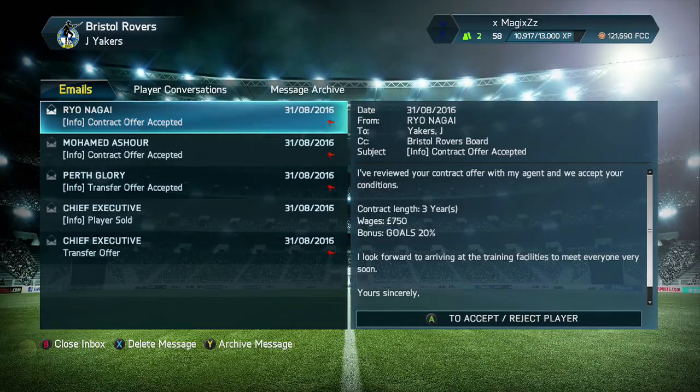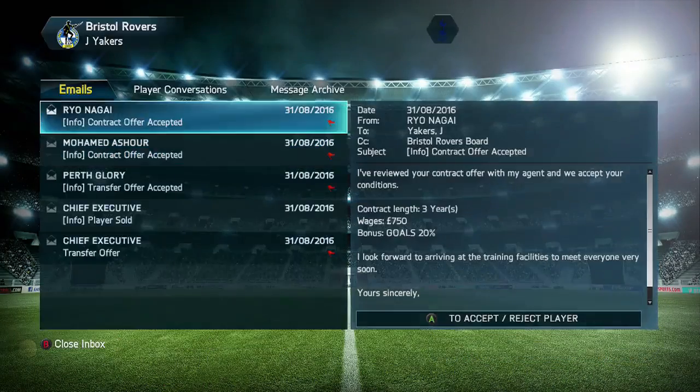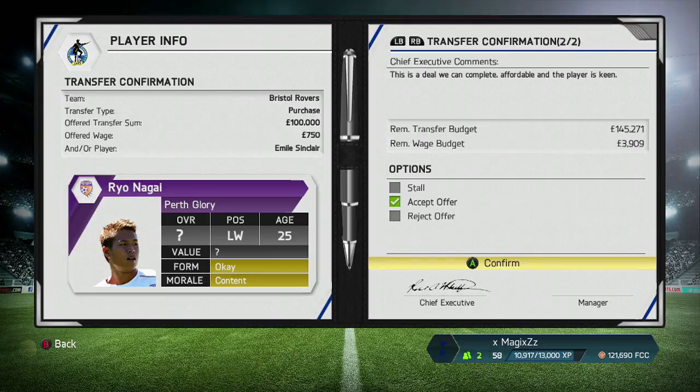And especially at the beginning of the career mode when these players are going to be the cheapest. Because in the A-League, they have a lot of young players, but they have a lot of players that are low overalls as well. But they can grow into such incredible players. And this guy here, Nagai, can certainly do that. Even though he is 25...